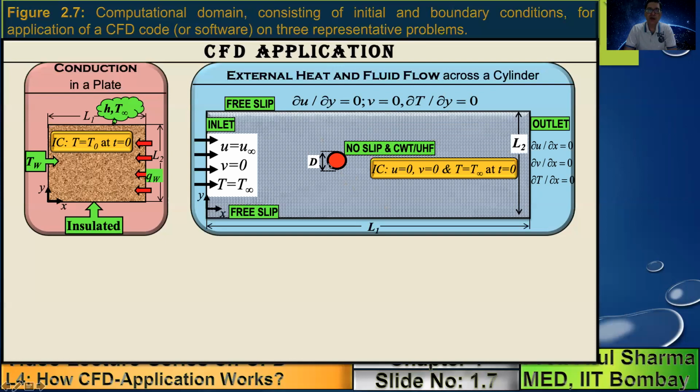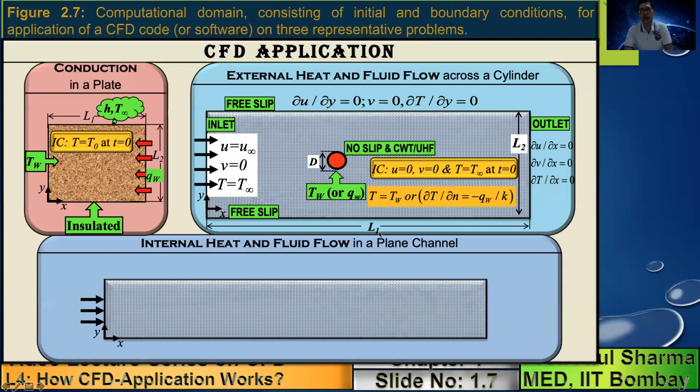At the solid surface, note that there are two boundaries. What I showed, free slip, inlet and outlet, corresponds to the external boundary. You also have an inner boundary corresponding to a solid. So at the solid surface, we have a no slip boundary condition. And if it's a heat transfer problem, it can have either a constant wall temperature or a constant heat flux boundary condition, which is shown here. If it's a constant wall temperature, the temperature at this boundary is equal to TW. If it's a constant heat flux, then the normal gradient of temperature is equal to minus QW divided by K.